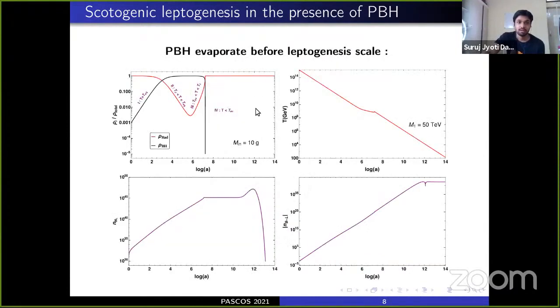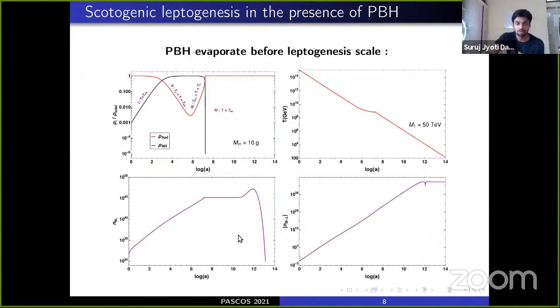So now, depending on the black hole mass, it can evaporate at different times. So this naturally gives rise to 3 possible cases, basically. The black holes can evaporate before the scale of leptogenesis, or during the leptogenesis scale, or after the leptogenesis scale. So here I have shown the evolution plots for the energy density, for the temperature, and for